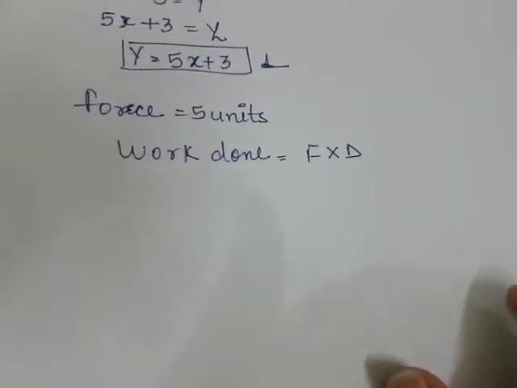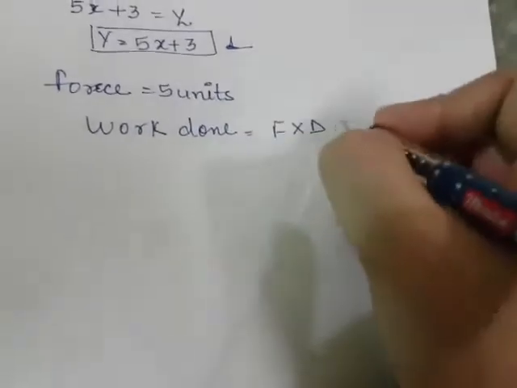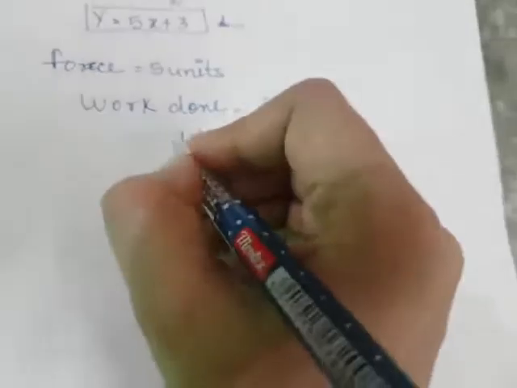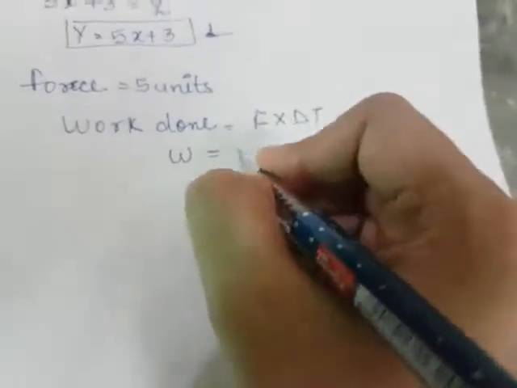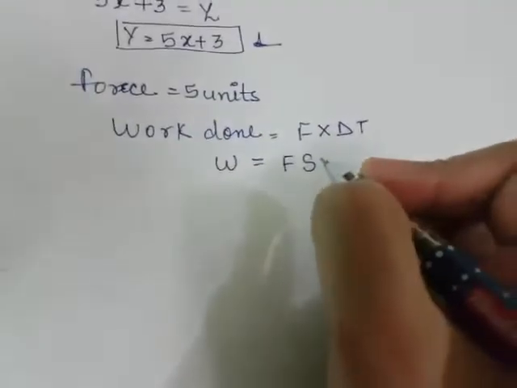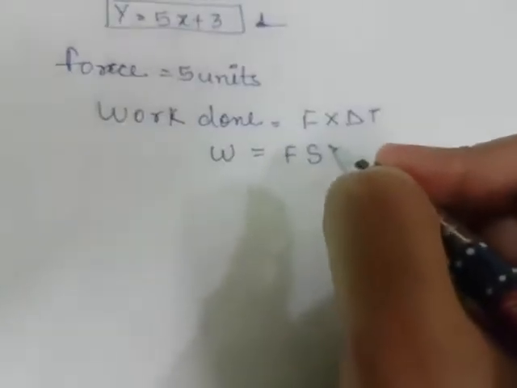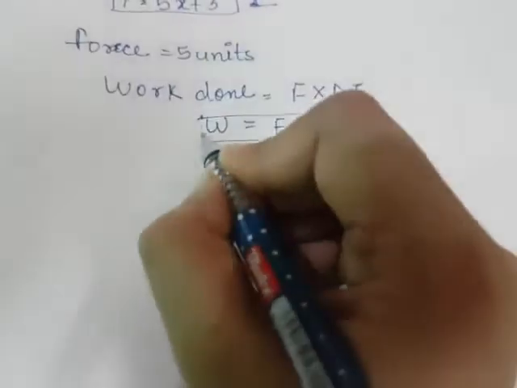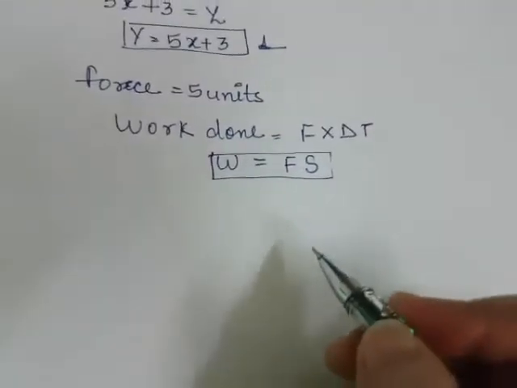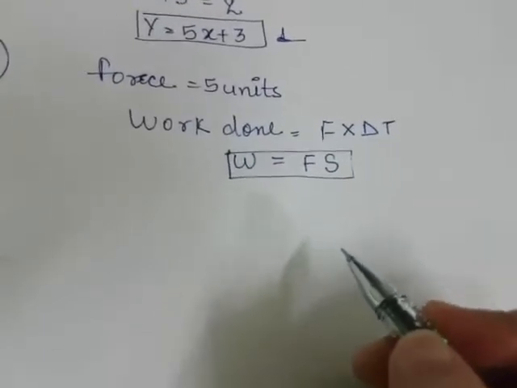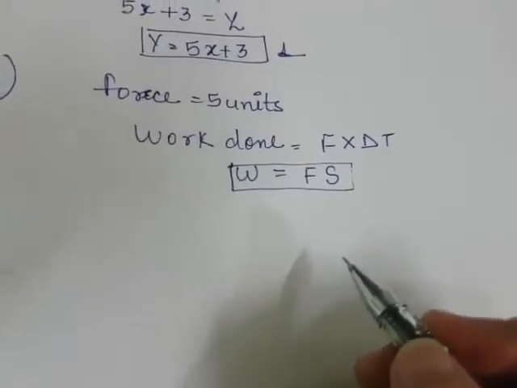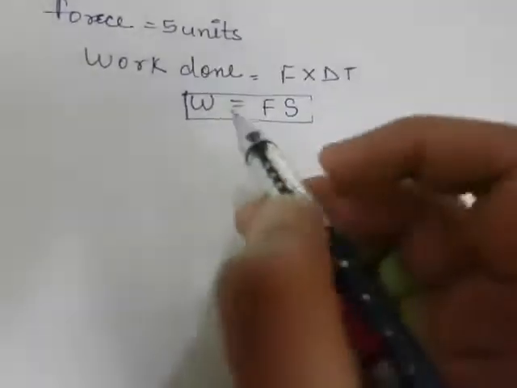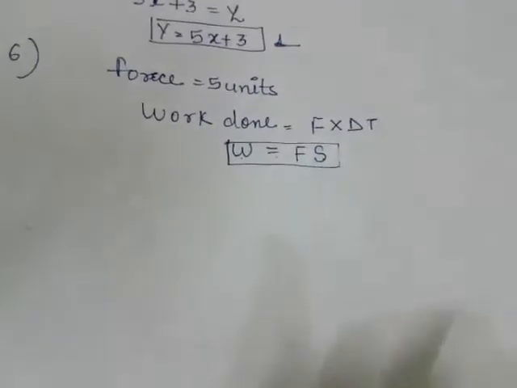ओके, यस और नो, डिस्टेंस ट्रेवल्ड. तो इसलिए ये इक्वेशन आपको फिजिक्स में भी बताया जाएगा, दैट ऑलवेज वर्क डन इज इक्वल टू फोर्स इनटू डिस्टेंस ट्रेवल्ड. आप डी भी लिख सकते हैं. वैसे जो डिस्टेंस ट्रेवल्ड होता है उसको एस से डिनोट करते हैं. सो W इज इक्वल टू F S. मैंने आपको प्रैक्टिकली भी बताया, जब आपको कोई काम करना है तो जब तक आप उसमें फोर्स नहीं लगाएंगे और उसका प्लेस चेंज नहीं होगा, तब तक वो वर्क डन नहीं होगा. सो वर्क डन इज ऑलवेज इक्वल टू फोर्स इनटू डिस्टेंस ट्रैवल्ड.